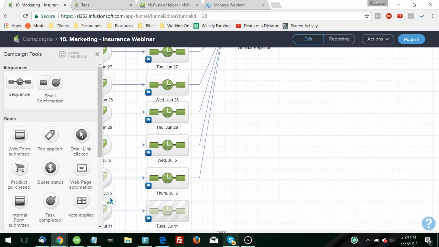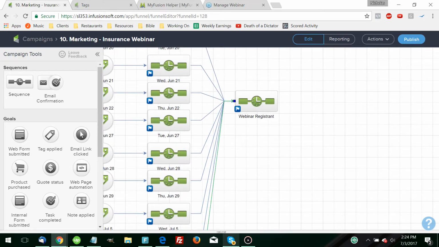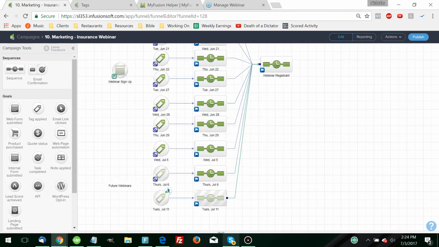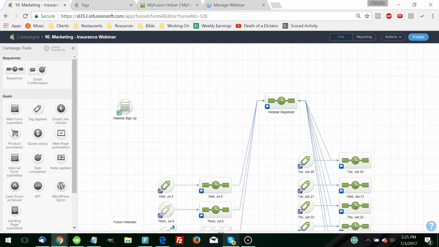So once these are put together, then you have to connect it to this webinar, and you can hit Control and minus, the minus symbol, if there's too many and you need to zoom out or whatever. But since we're already past these, I'll take out all these from before. I'll put them over here, and then I'll